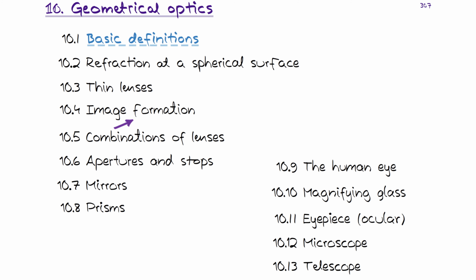Once we know how a lens is formed, we can also form a lens equation, and we can understand how images are formed. So we can really image an object into an image, and in this chapter we will be going through that mathematics. Then once we know everything regarding image formation using a single thin lens, in section 10.5 we go into a combination of lenses. So we generalize our treatment to the scenarios where we have many lenses,